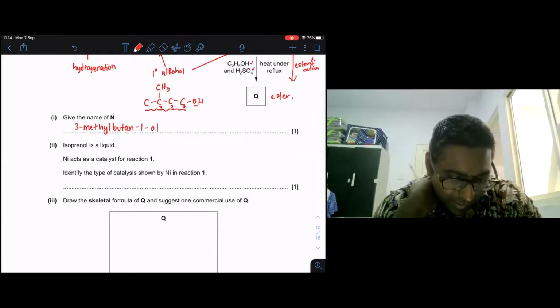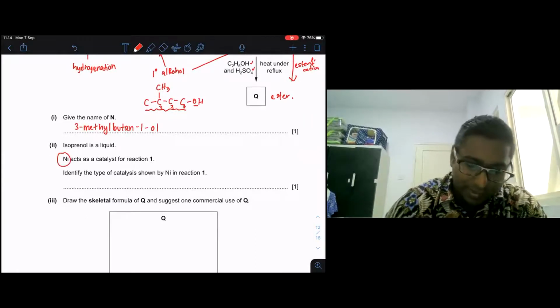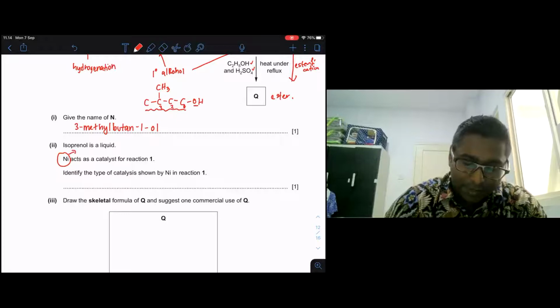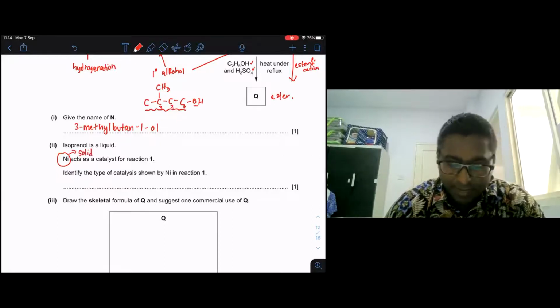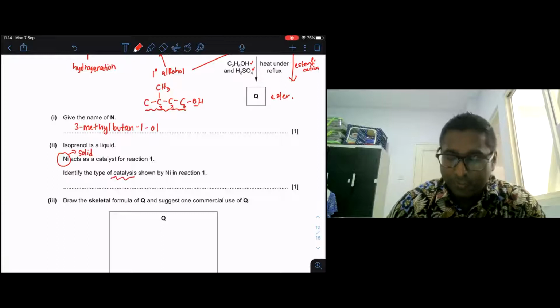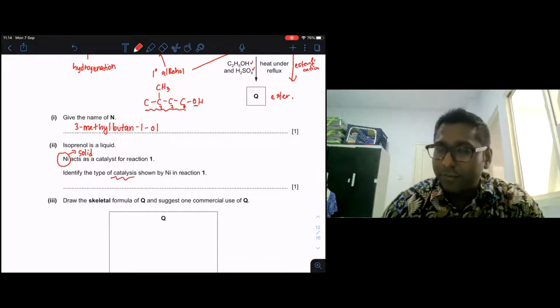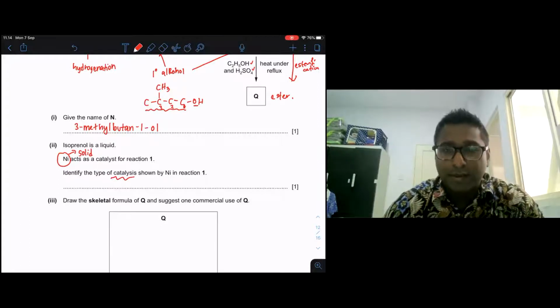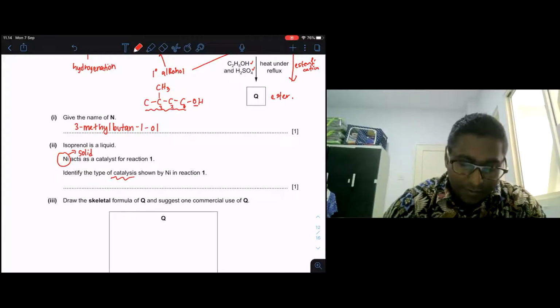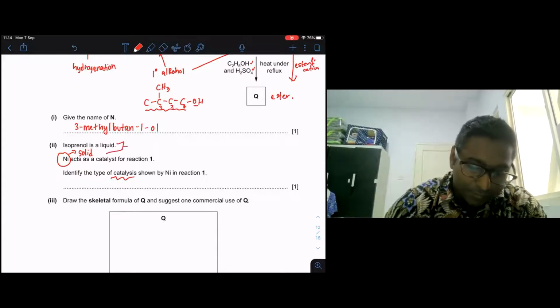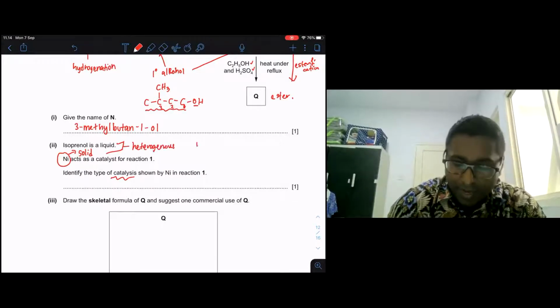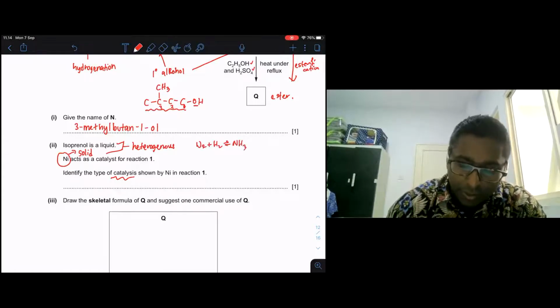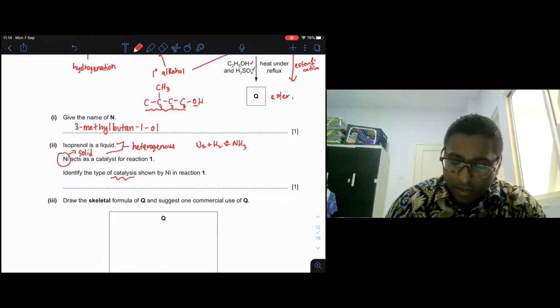Isophenol is liquid. Nickel acts as catalyst. Nickel is metal, so therefore it is solid. Identify the type of catalyst shown. Please go and read. We have 2 types of catalysts, homogeneous catalyst and heterogeneous catalyst. If you have different states, this is going to be heterogeneous catalyst. If you have nitrogen plus hydrogen to give you ammonia, the catalyst for this